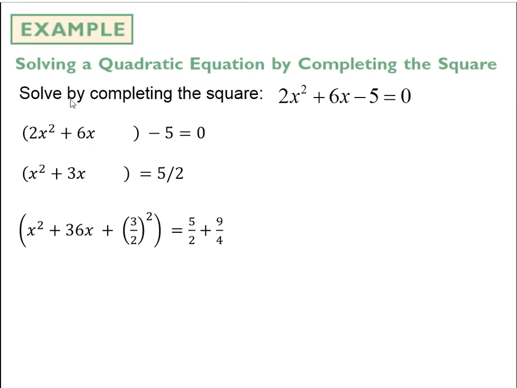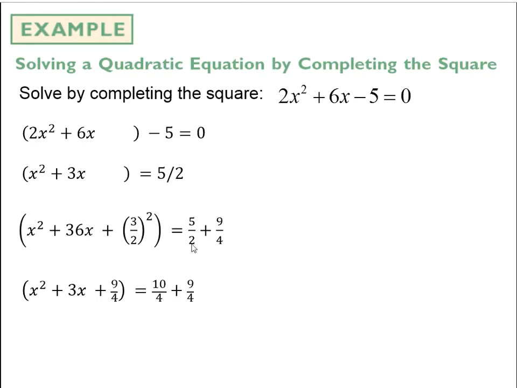Now remember, this is solving an equation. If I add this number to the left-hand side of the equation, I also have to add it to the right-hand side of the equation. So again, this is a review of chapter 2, and I'm taking half of 3 and squaring that. That's going to complete the square for me. So I just showed that this would be 9/4, and then when I add the 9/4 to the other side,